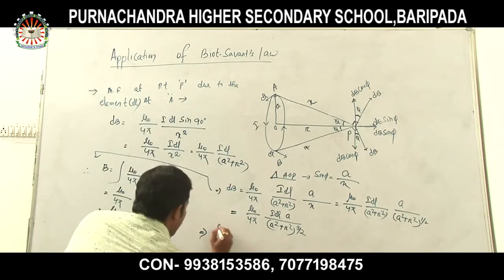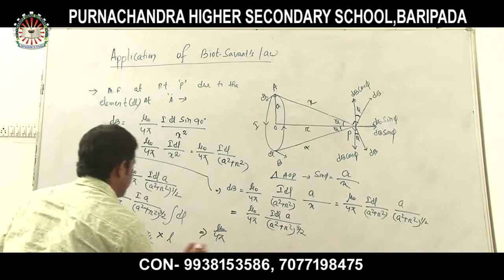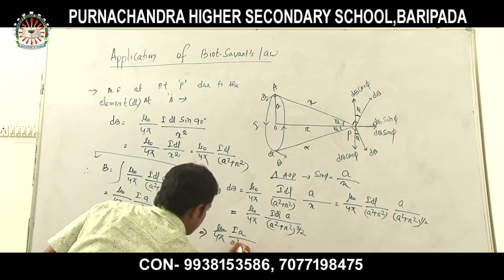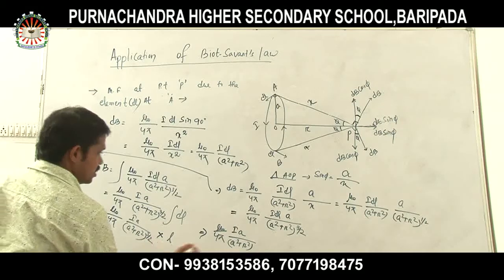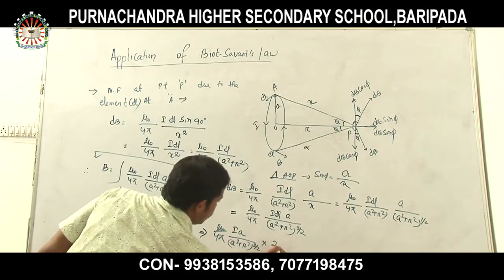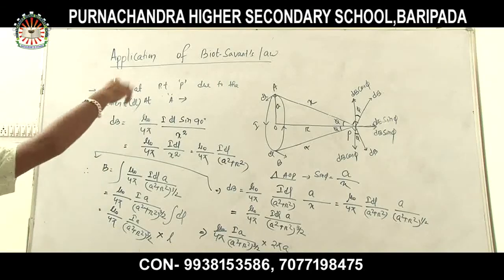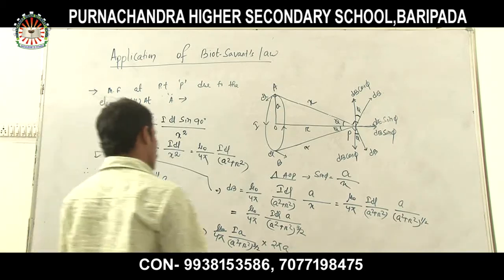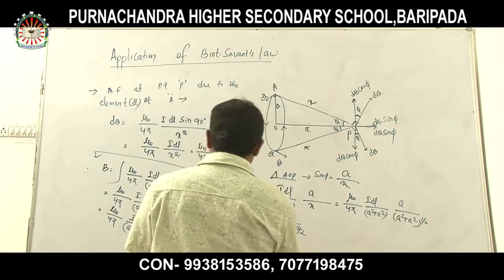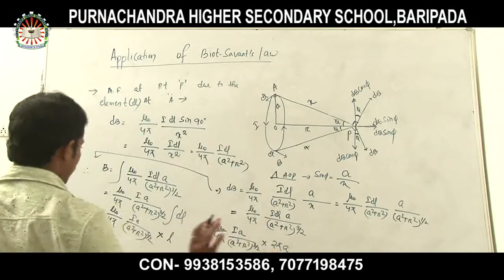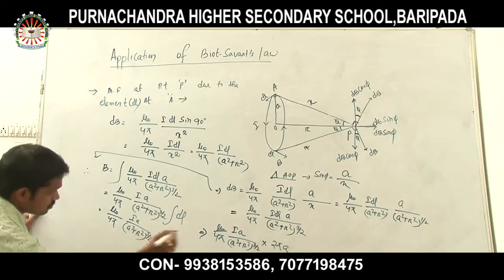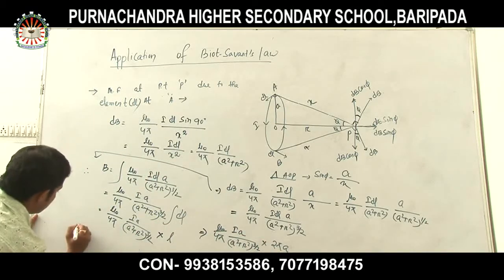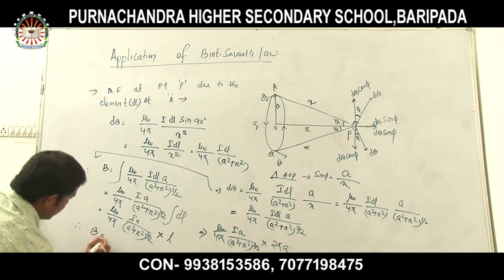So for the circumference of this loop, I have to write mu 0 divided by 4 pi, I a, divided by (a square plus r square) to the power 3 by 2, into what is the circumference? 2 pi a. Clear all of you? So the circumference of this loop becomes 2 pi a. So let us multiply these two. So finally, what is the expression of B I will get?